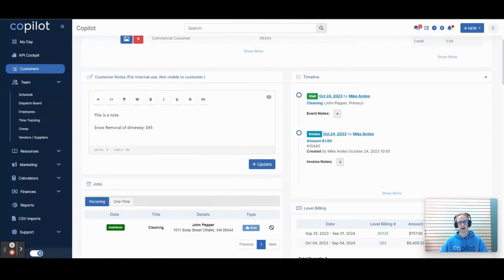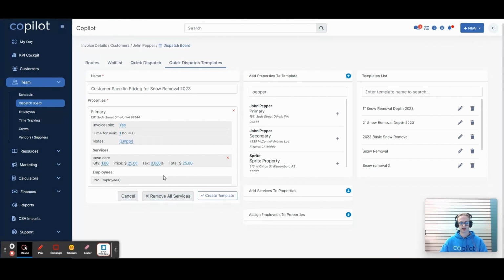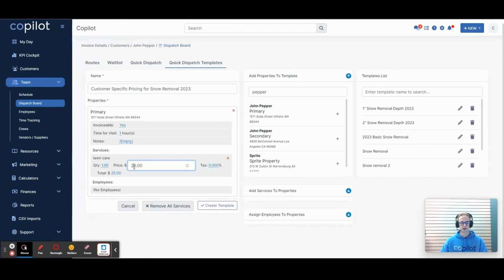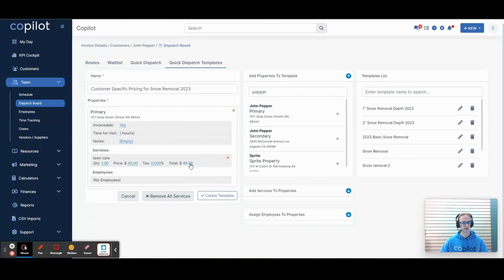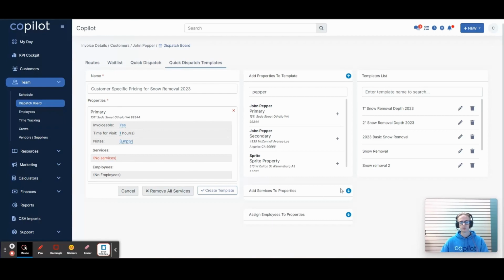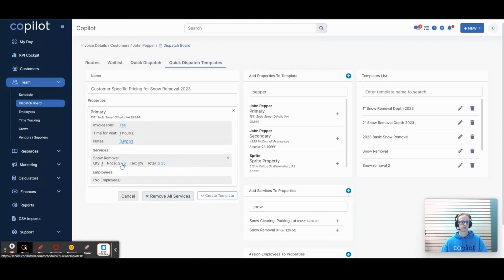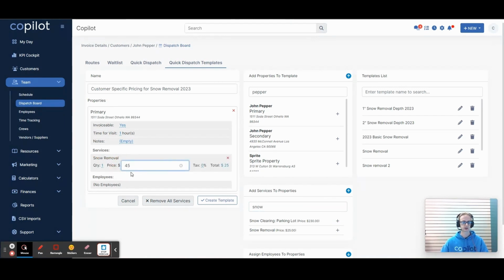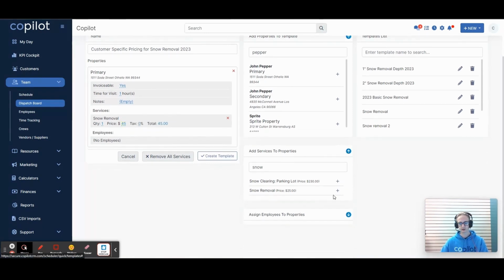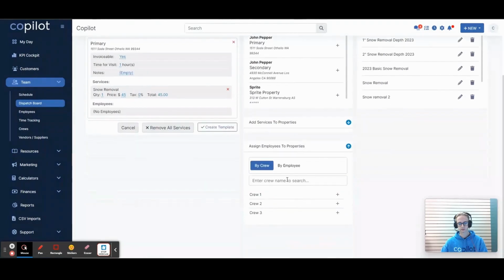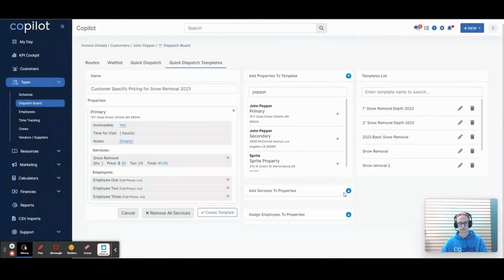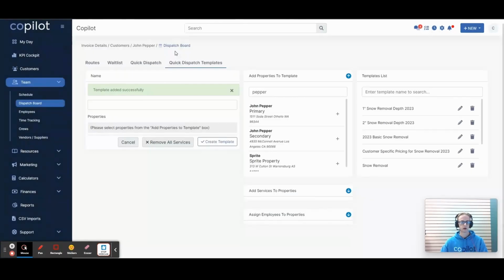So what you can do is you can have one tab that has the customer notes, say it's $45. So I can go in, and when it's time to remove that snow, I can get the most accurate pricing. And so let's say it's $45, and we can save. Save there. All right, and that's a default service that's provided, but we can go back and we can add our snow removal and say it's $45. And then this is where, after you assign employee, we're all good. We got this, we got services, create our template, and then we wait for it to snow